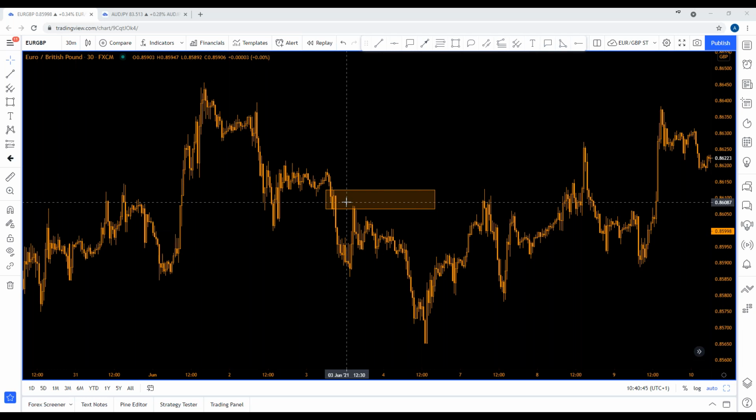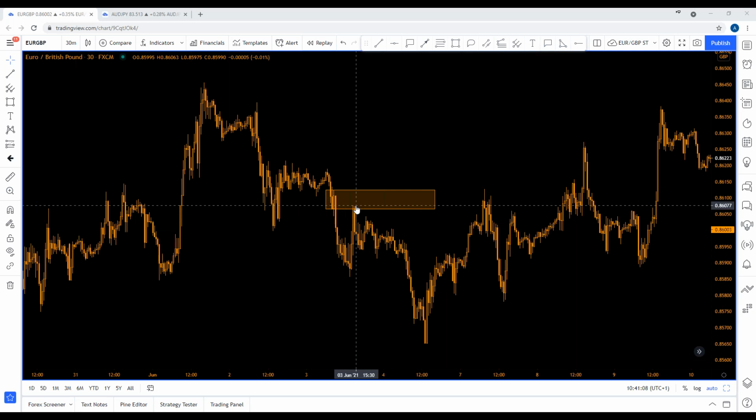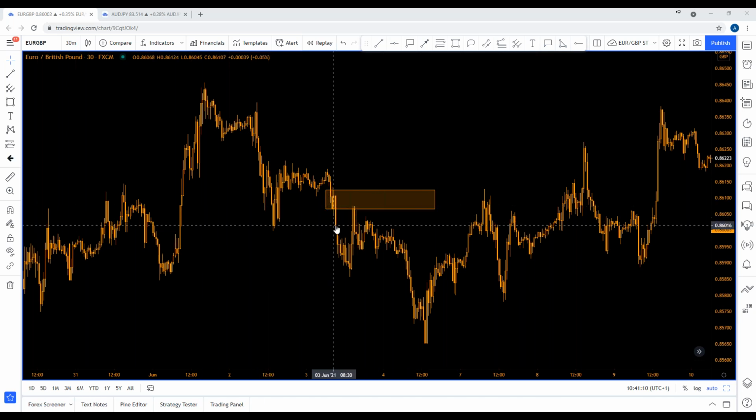It's simply if price moves rapidly from a zone, larger players may have orders that were left unfilled. So in this case, offers were left unfilled. When I say offers, I'm talking about pending sell orders. They were left unfilled, and once price returns to this area, given the factor of duration,